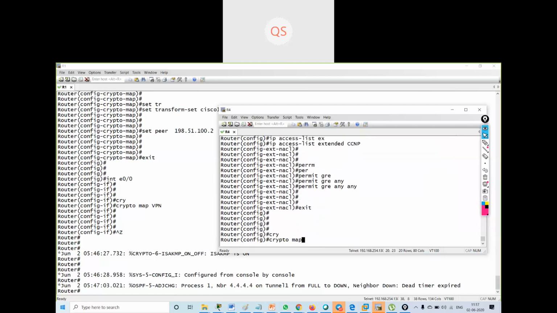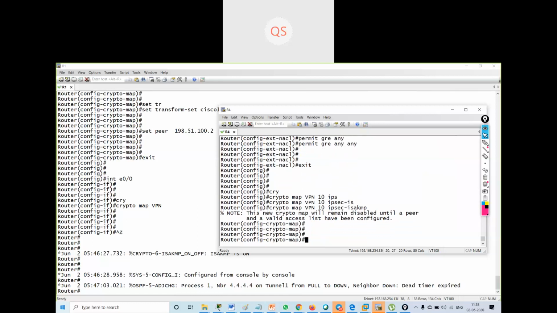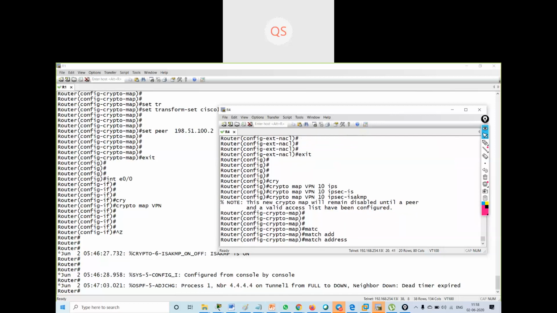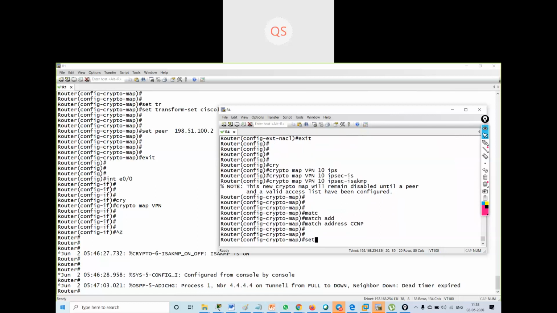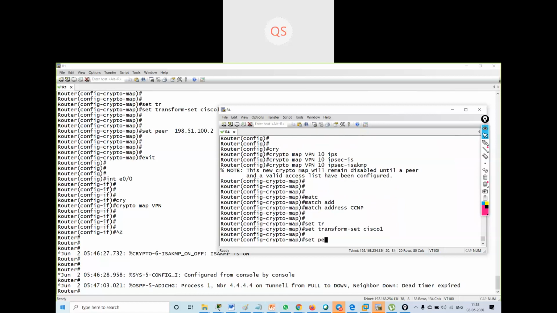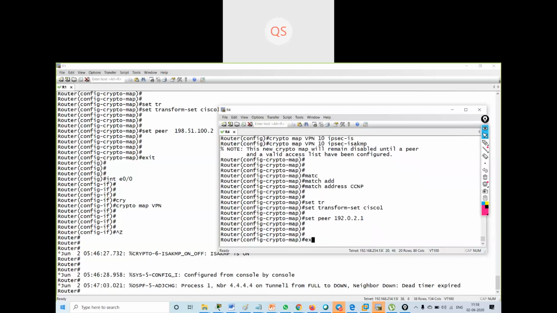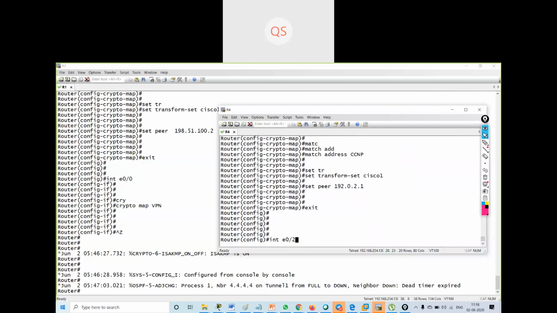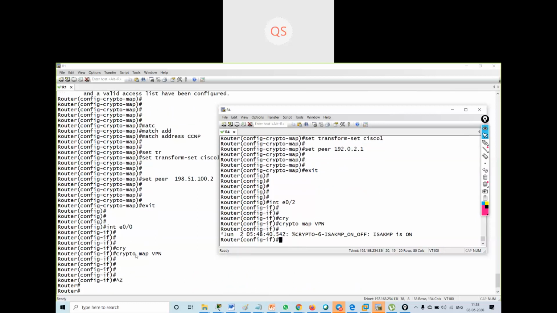Crypto map VPN 10 IPsec ISAKMP. Then match address CCNP. Then set transform set as Cisco 1, set peer as 192.0.2.1, exit. Interface Ethernet 0/2, crypto map VPN.